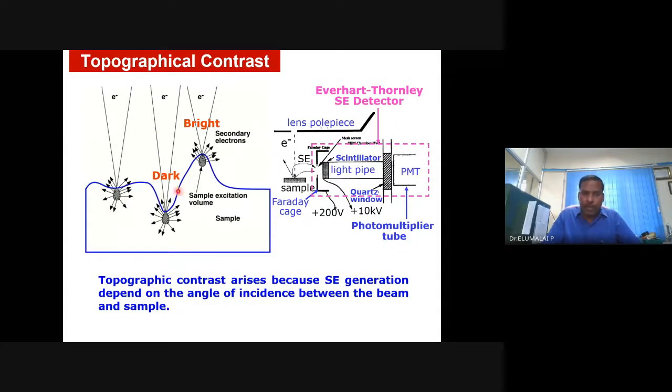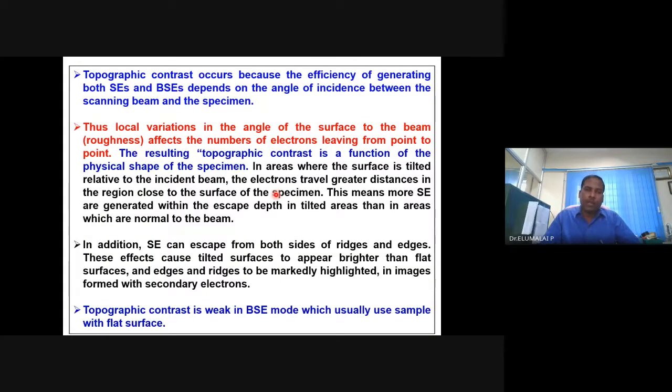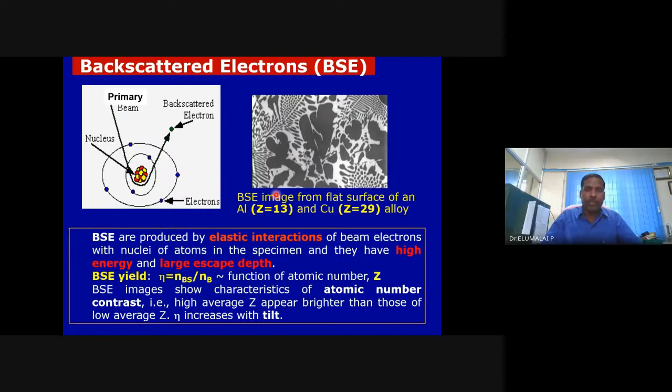For example, this is the sample surface. There is a smooth surface, there is a dip, or there is a hub, a canopy. And you scan the electron on this surface. The intensity of the electron coming from here and here and here will be different. The intensity will mimic the pattern of the surfaces. That is why you will be able to see the canopy, how the surface is, whether spherical or non-spherical, depth, porous, etc. Very interesting.